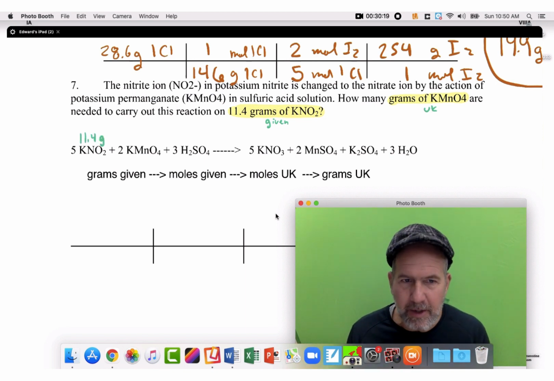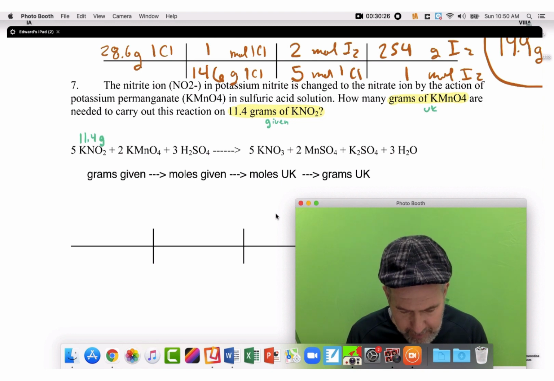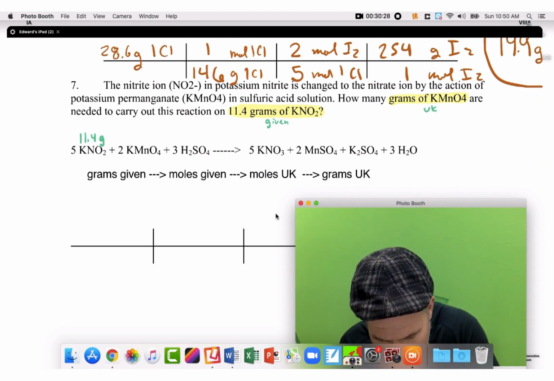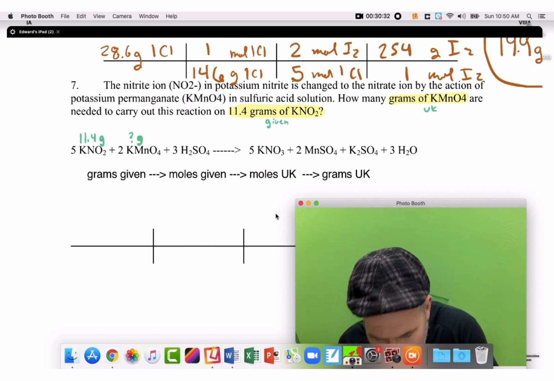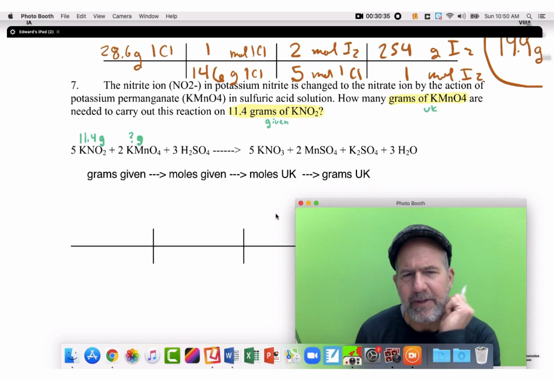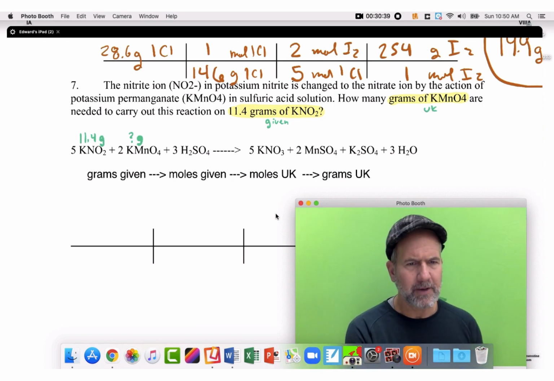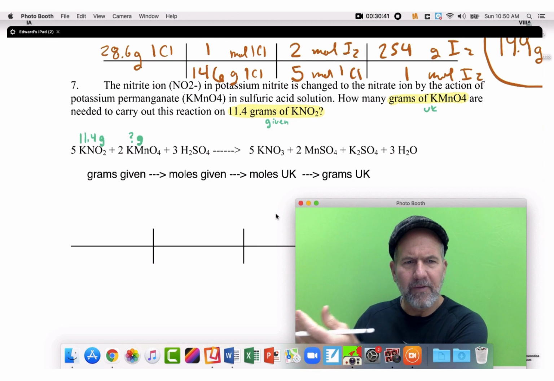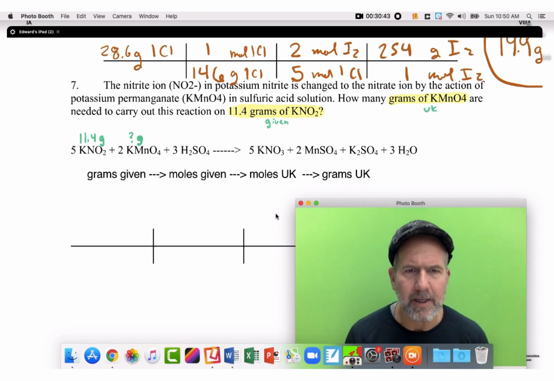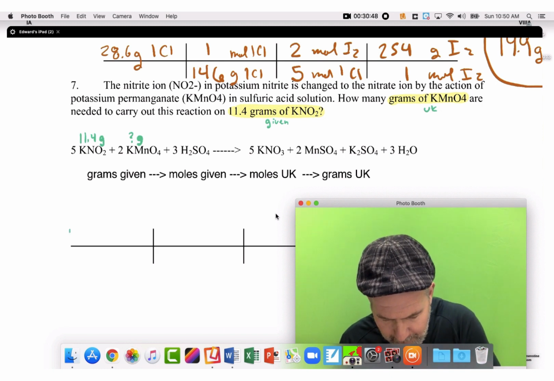Once you get in the right spot, you won't have to read that problem again because it's right there on that balanced equation. And we're trying to find the potassium permanganate. So we're trying to find this. And the beauty of this type of problem is it doesn't matter if it's the reactant or the product. It works if you have something given and you want to find something else. I will put the first thing down for you, 11.4 grams